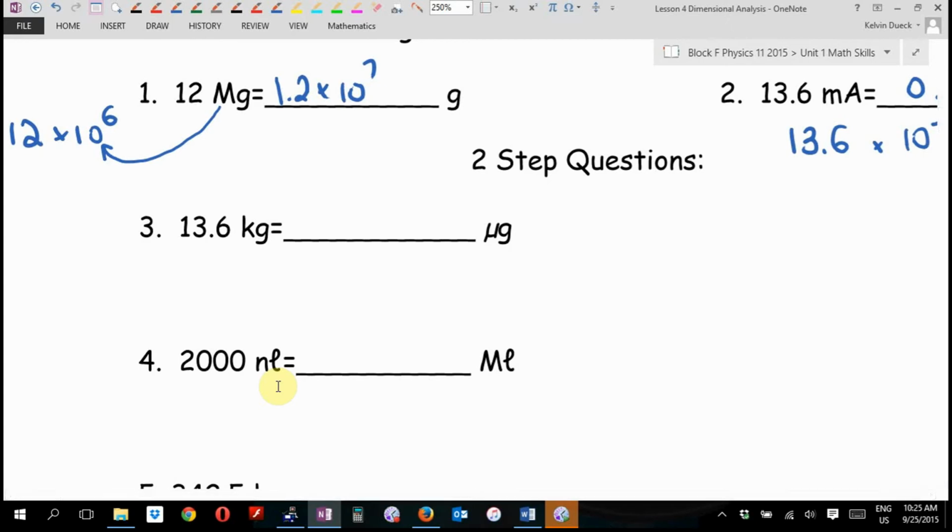Two-step questions. Do you see what I mean by a two-step question? We're going from one metric prefix to a different metric prefix. Care to guess how many steps a two-step question is going to take? Very good. Very good. Care to guess how I'm going to start? I'm going to be even better than that. I'm going to write down the number and the units they gave me, because this is a bit trickier. I'm going to start out by going